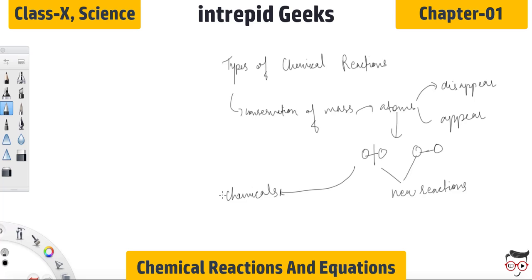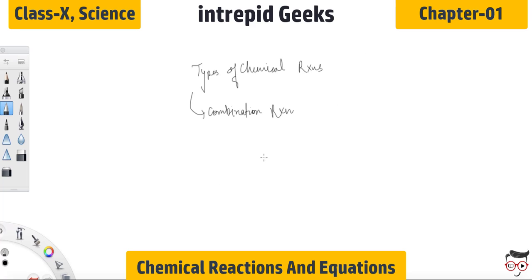So today I'll be discussing the different methods of breaking and recombination of atoms, to break some bonds and form some new bonds. The first type of reaction is the combination reaction. As the word suggests, combination means combining. That means some atoms are combining with other atoms in order to make a chemical, or you can say in order to complete the reaction.